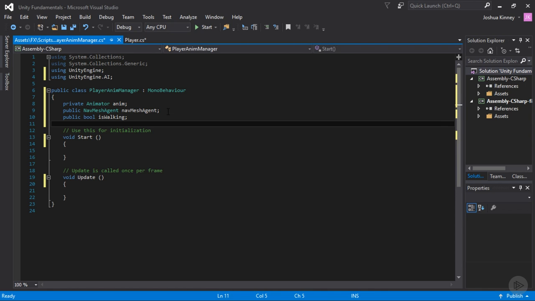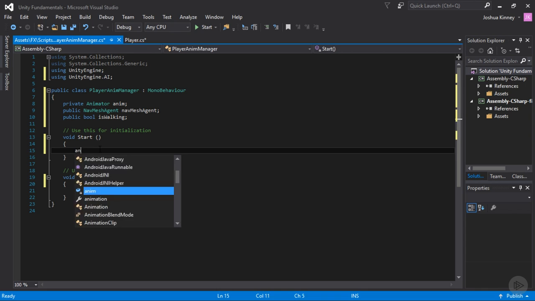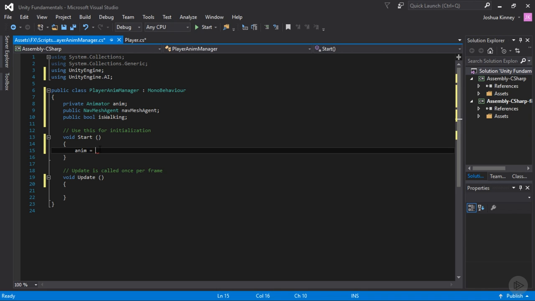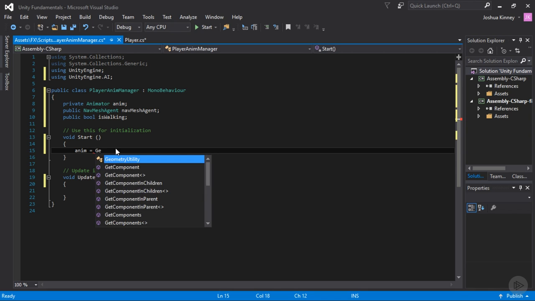Perfect. So we have our variables set up, and what I'm going to do is I'm going to go into the Start function, and I'm going to begin initializing some of these variables. So this first one, I'm going to say anim equals, so we're setting something to the anim variable. As it sits right now, this is empty, and so I need to get the component. So I'm going to use the GetComponent method,